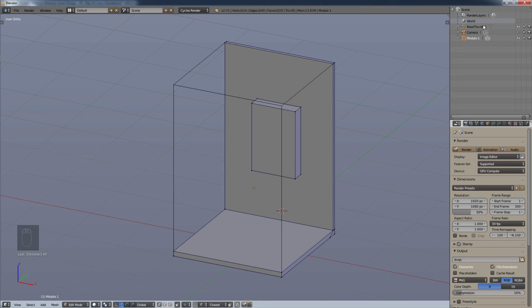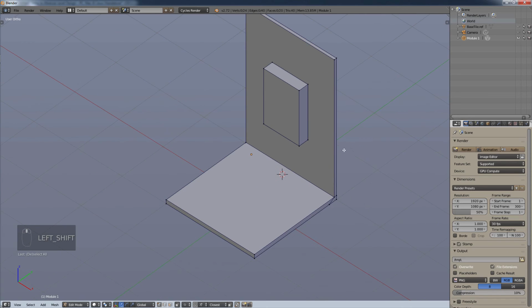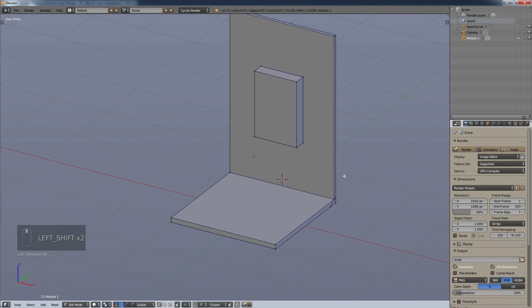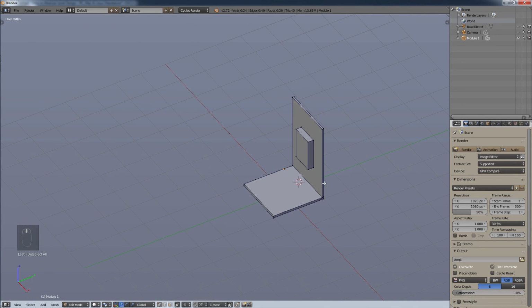So I would use this. I would get rid of my base tile that I'm just using as a reference, and I would save it as a separate file. I'd save backups of it so that I never lose it. And so I would call this something like a basic hallway piece. So for example, what I could do is when I import this into Unity, I could just simply